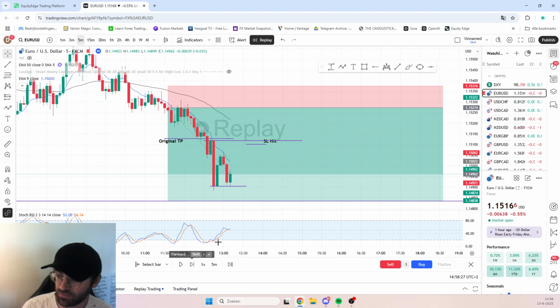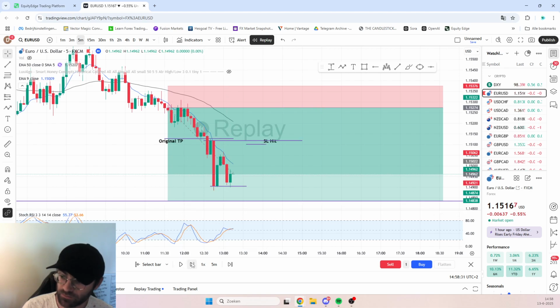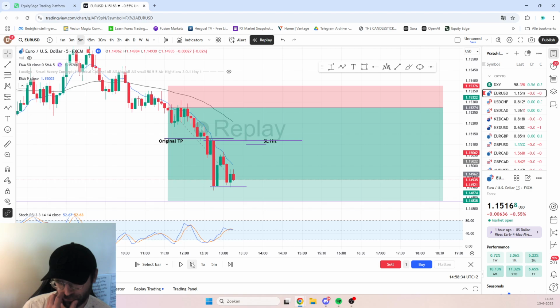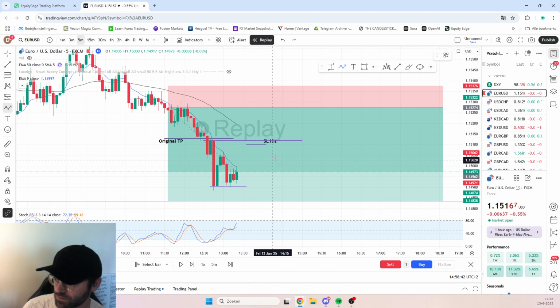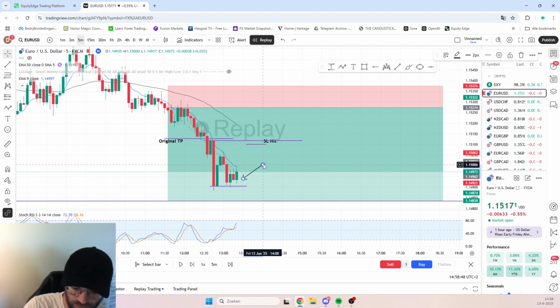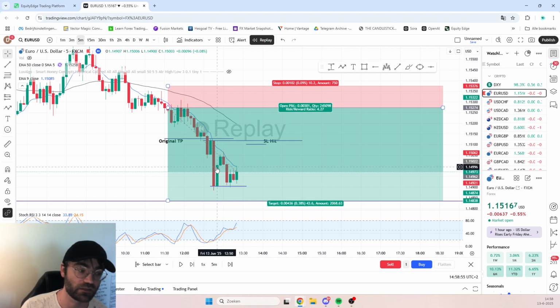But after that, trying again, failing again, and actually closing bullish, trying again, and trying again and failing again. As you can see, it even pushed a little bit under the previous candle, but ended up engulfing it. So these three candles, or four actually, are a pretty big indication to me that